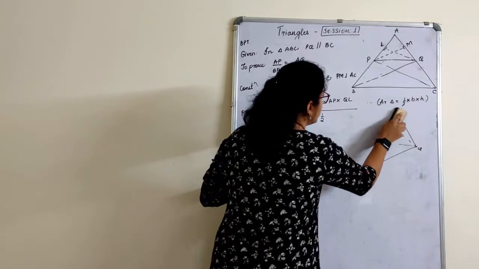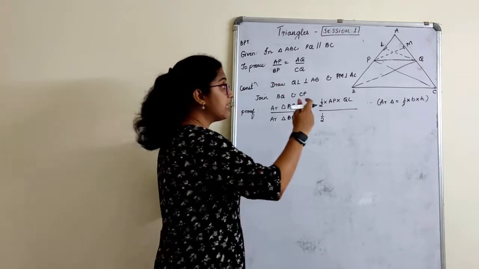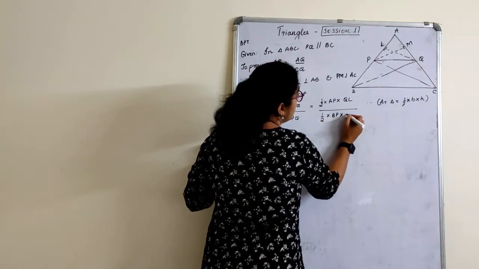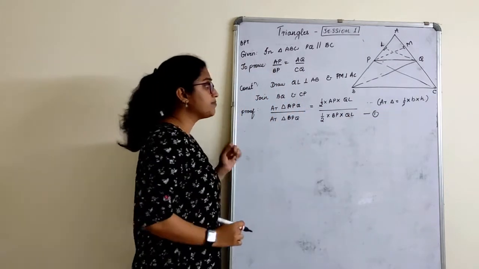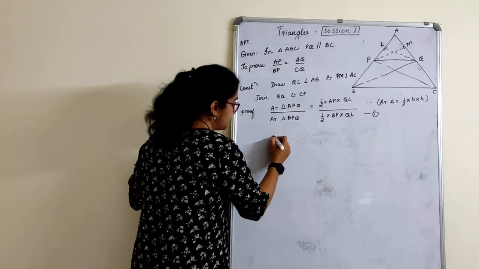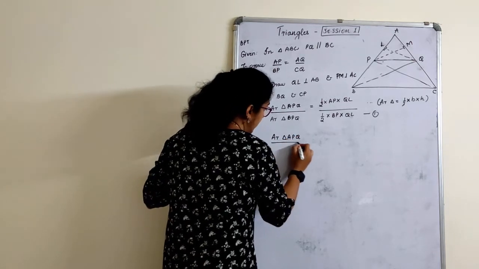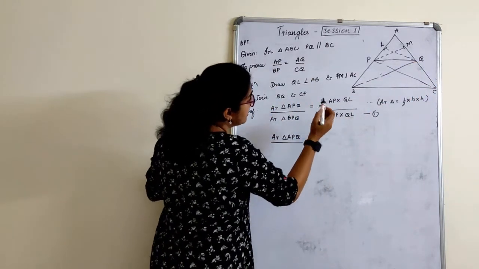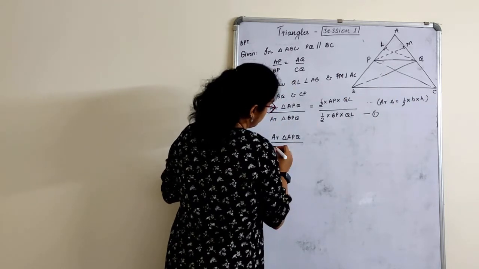So here also, for this particular triangle, I have to choose the base in such a way that I get the height as QL. So the base should be BP into height QL. This is equation 1. I have written the formula: area of triangle is equal to half base into height. Keep that as it is. Next, again area of triangle APQ, I will keep as it is. I will choose the second part of the triangle; we had taken BPQ, now we will take CQP.